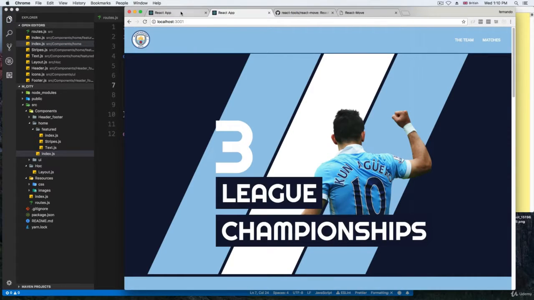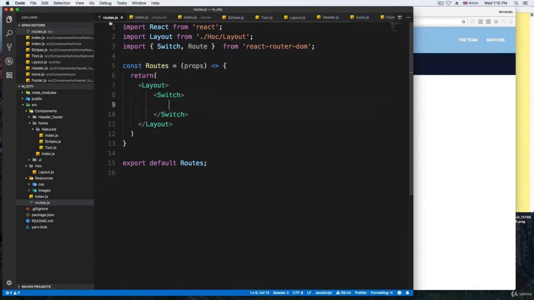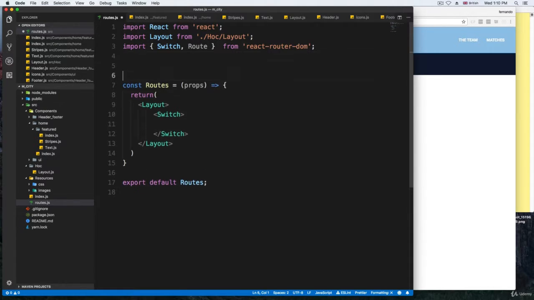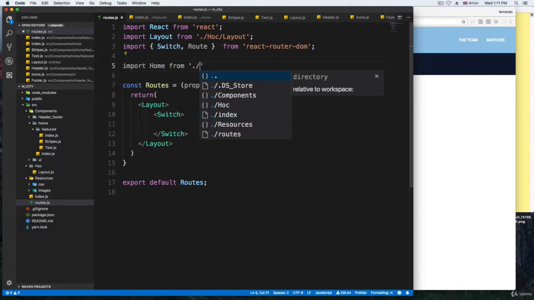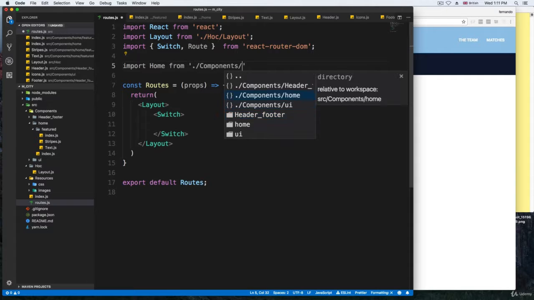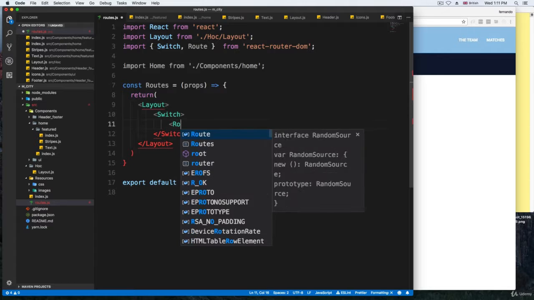Of course, if I go to our project and reload the page, nothing really happens because we have everything right here, but inside of routes, we are not making a reference to this home container. So I'm going to go at the top and import Home from ../components/home. I'm going to copy. And now we need to define a route for home. With React Router, we're going to use this Route we've imported at the top. So I'm going to say Route